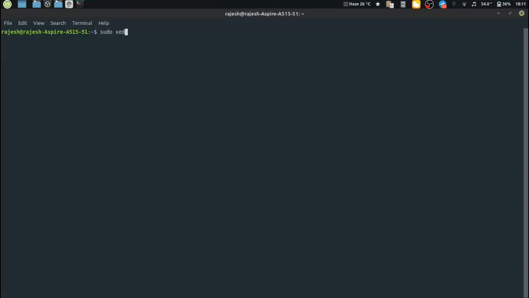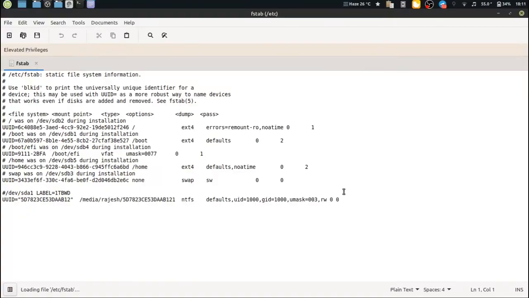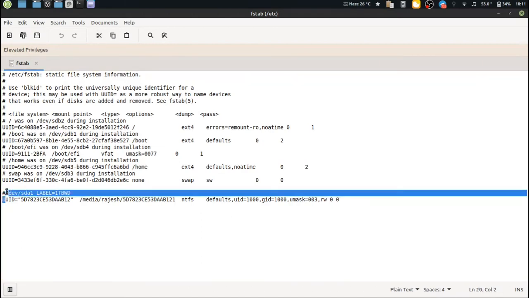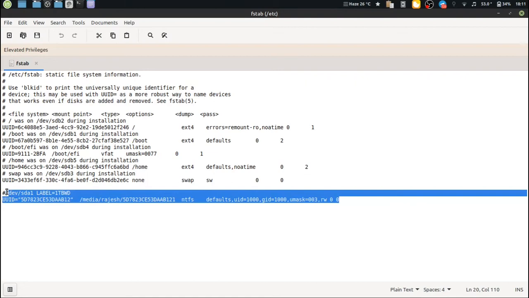Sudo xed fstab. So this section of text was not there. I added this to solve the auto mount issue.